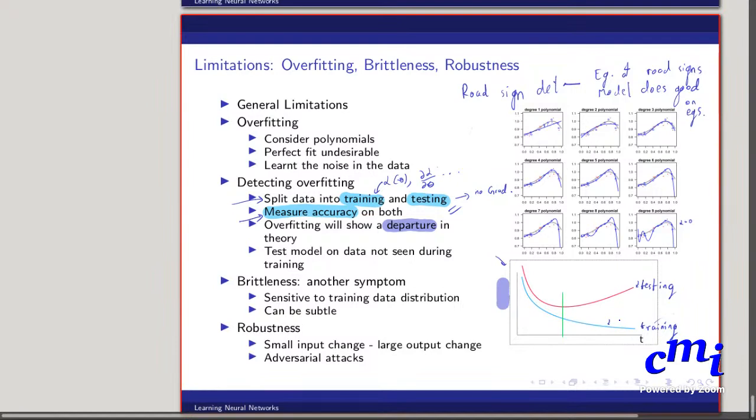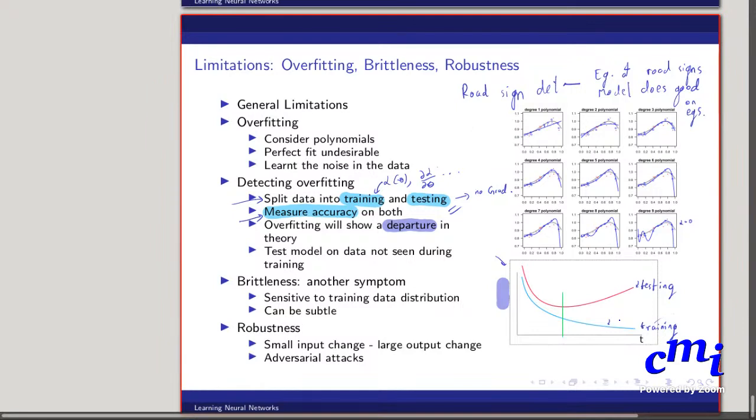Pretty much what you have to do is, as you train on your training data, you have to keep measuring and also test what the accuracy is on your testing data and see how these things are varying. And if there is a point at which there is divergence, you stop training. Is that the idea? Yeah, that is the idea. Okay.